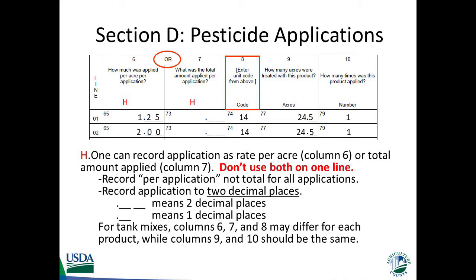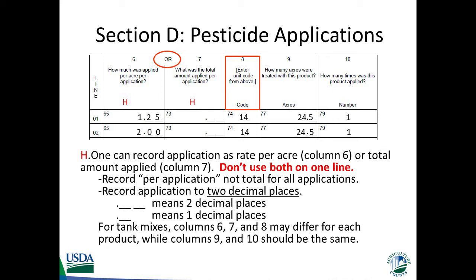For tank mixes, the values in columns 6, 7, and 8 may differ for each product, but columns 9 and 10 must be the same. For multiple applications of the same product, record the rate per application, not the total for all applications. When considering how the computer will interpret your responses, it will generally multiply the rate or quantity reported in columns